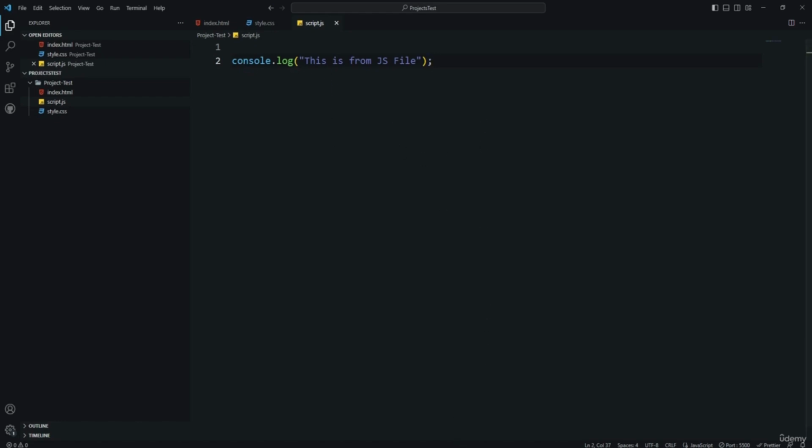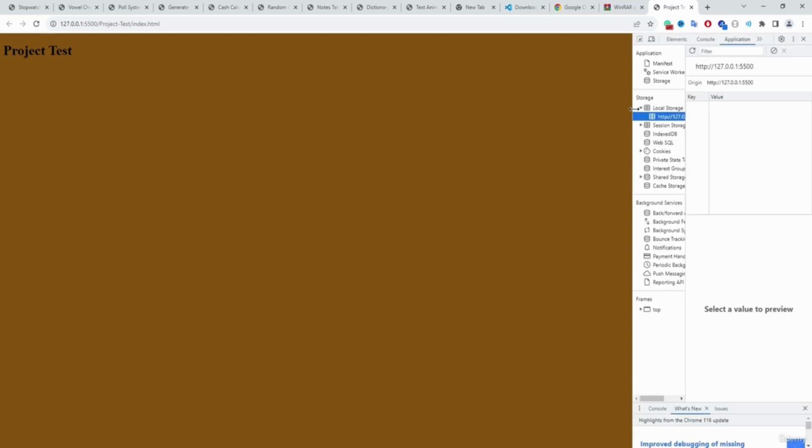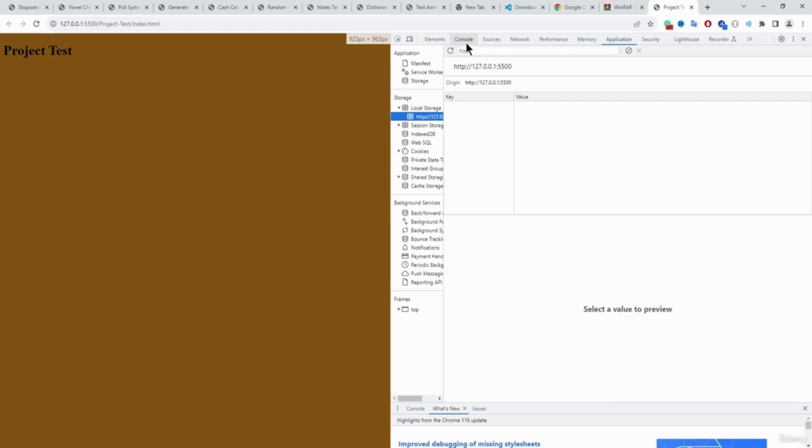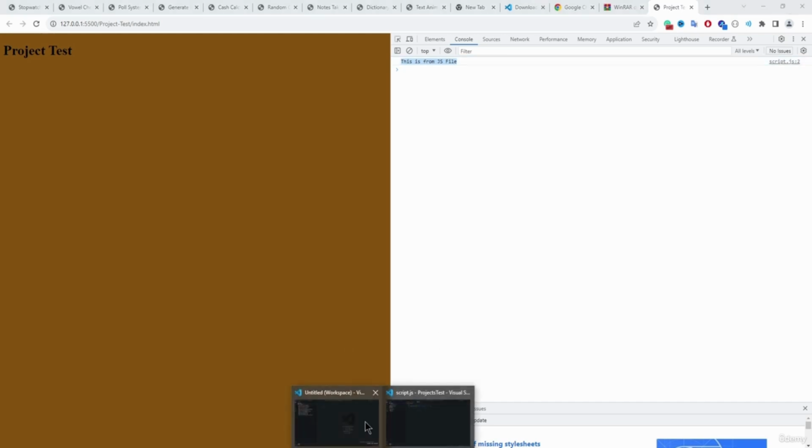To open the console window, simply come back to your web browser and press the F12 key, and you can see we are getting these kinds of options. So simply click on this console. You can see now the line, this is from JS file, is actually printed inside the console. All right, and that is how to work with the JavaScript and also the CSS and also the